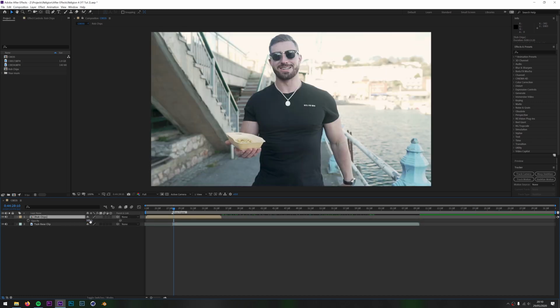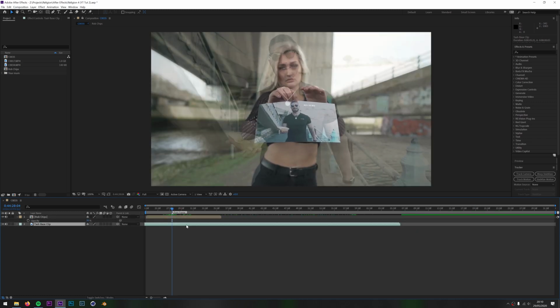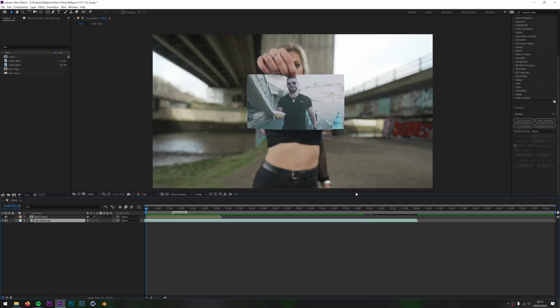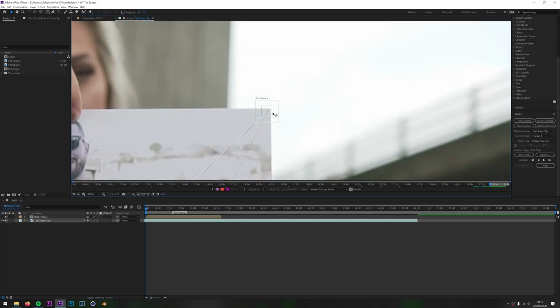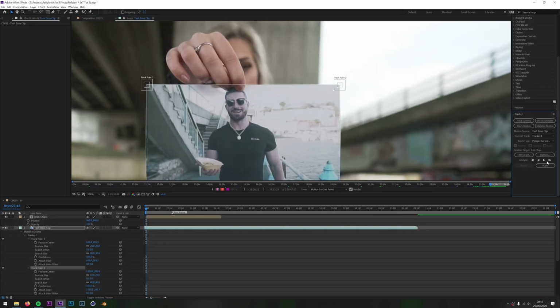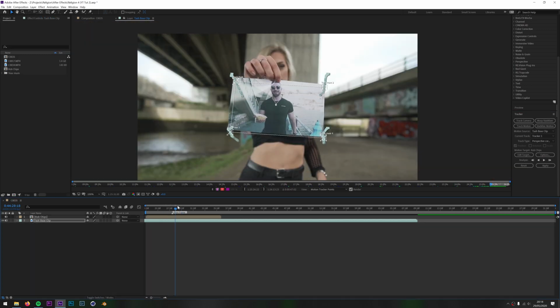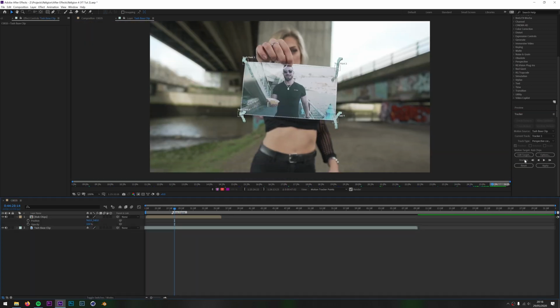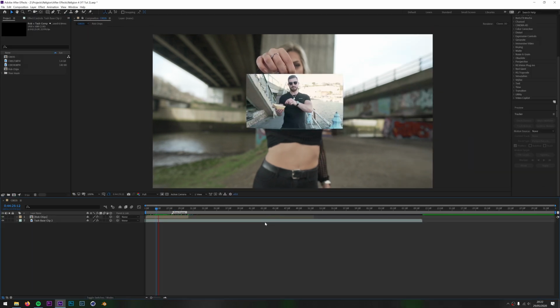Drop the opacity of the top layer so you get the timing right, then move the bottom layer around until you get it where you want it to be. Turn off the top layer, select the bottom layer, track motion, perspective, corner pin. Drag these points to each corner of the photo, then analyze forward. Fiddle around with your track to make sure it's good, then turn back on the top layer, edit target, use that layer and hit apply. Play it back and you get.